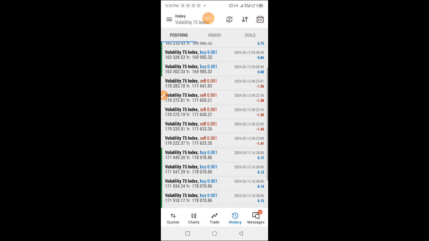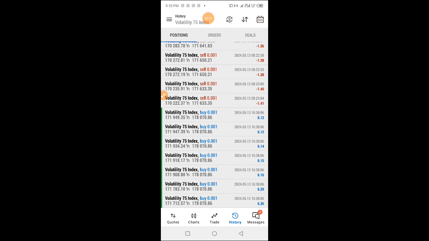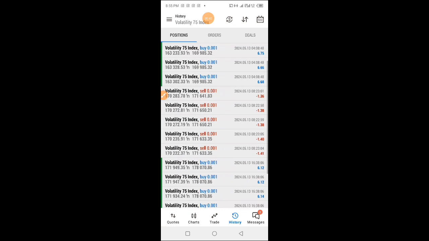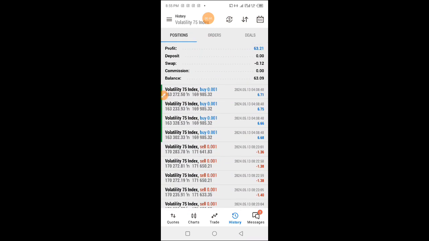I closed it, then I took the necessary trade, which is buy. So since it failed me and I knew sincerely that price is going up, I opened multiple, and at the end of the day it eventually fell on profit. So these are on Volatility 75 indices.